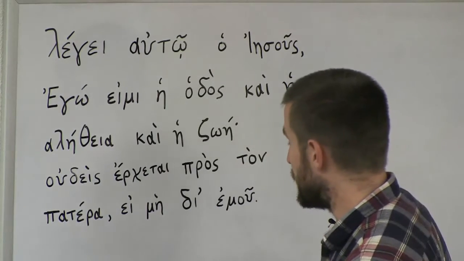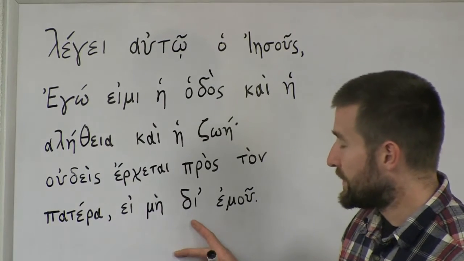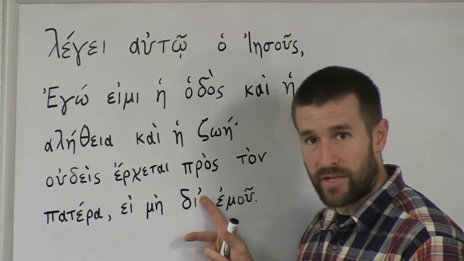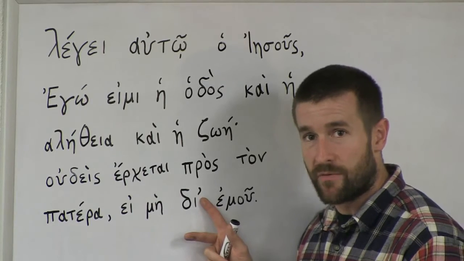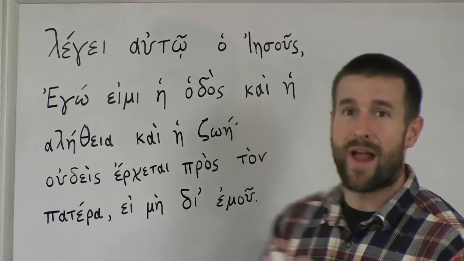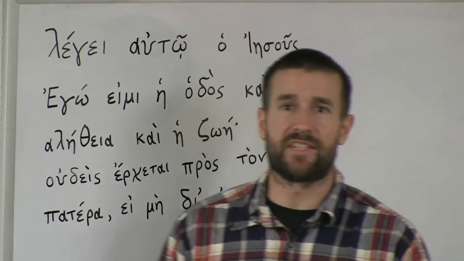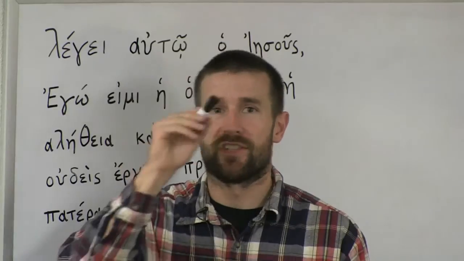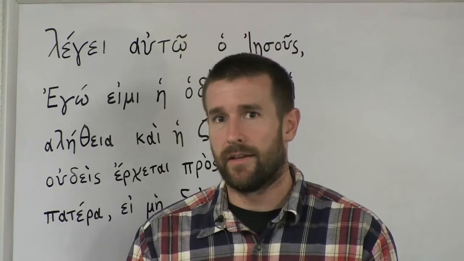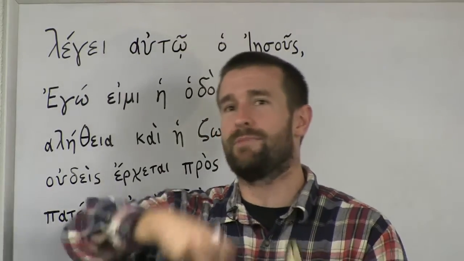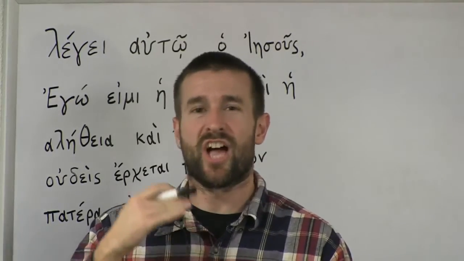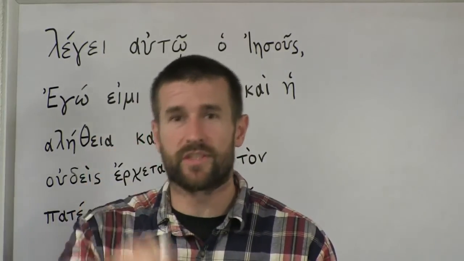So let me explain this a little bit, okay? First of all, you'll notice that this word right here has an apostrophe after it. This isn't one of those breathing marks at the beginning of words that we're ignoring, but this is an apostrophe after the word because this is a contraction. You know, in English we have contractions. Instead of saying cannot, we'll say can't, just C-A-N apostrophe T. That apostrophe is showing us that something's missing. You know, cannot is a longer word. We've removed something and put an apostrophe in its place. For example, I am, we'll shorten that to just I'm. And then we just put an apostrophe to show that something's missing.